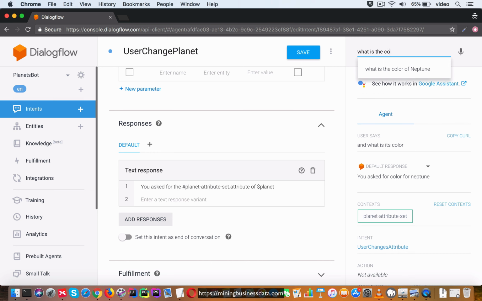What is the color of Saturn? It says you asked for the color of Saturn. Then if you say what about Jupiter, you can see that it says you asked for the color of Jupiter. Now if you say and what is its radius,